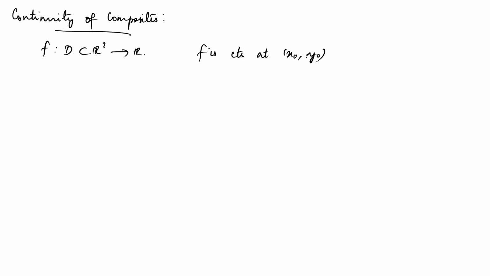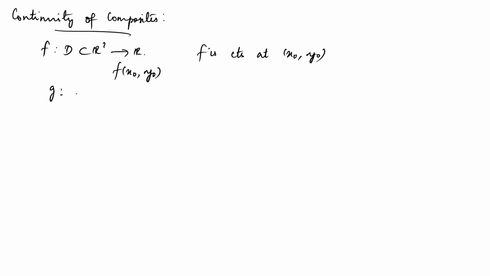If it is so, what can you say about f of x naught, y naught? My question is, does f of x naught, y naught land in R2 or R? What kind of value is this? Whether this is an ordered pair or a single real value? Can you guys say about it? A single point, yes. It lands in R.